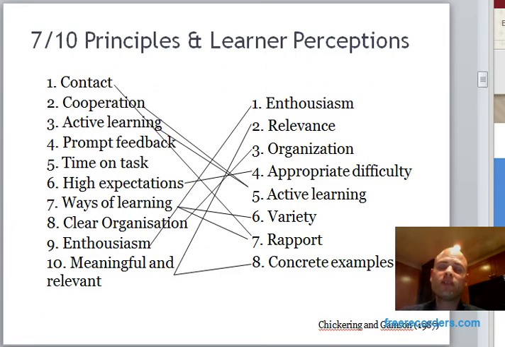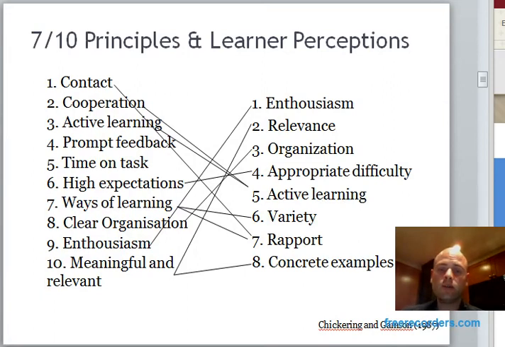And that comes from the 7 Principles of Good Practice in Undergraduate Education. I'm not sure if you've seen those before. It's by Chickering and Gamson. It's an older paper, but it's a seminal piece and has been referred to countless times in higher education. So you're going to see those in the left-hand column there. Now they're listed 1 through 10. The reason why that is, there were originally 7 in 1987, but 3 of them have been added by other researchers as well. Now, rather than me explain these to you, I'm going to have you pause the video here